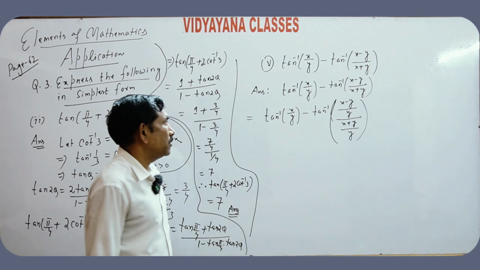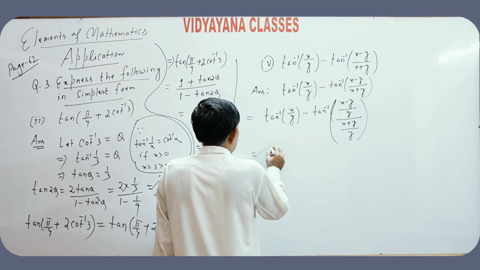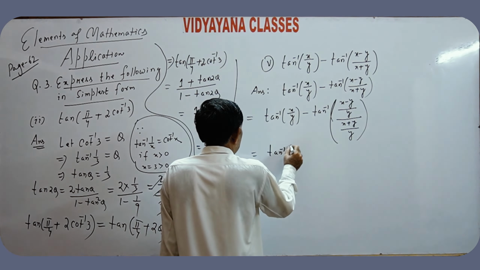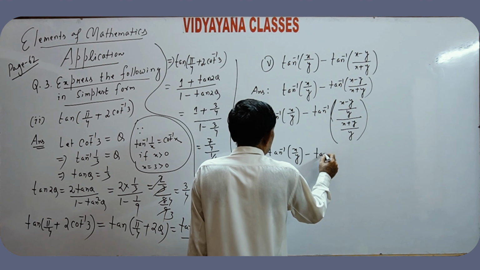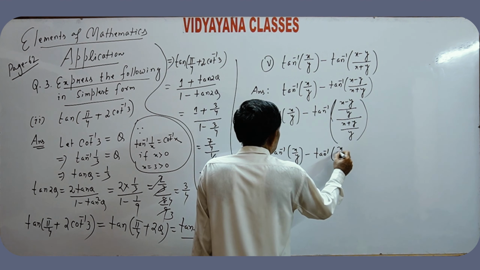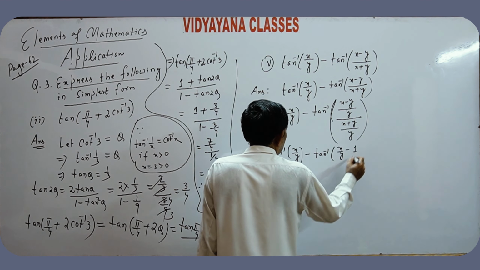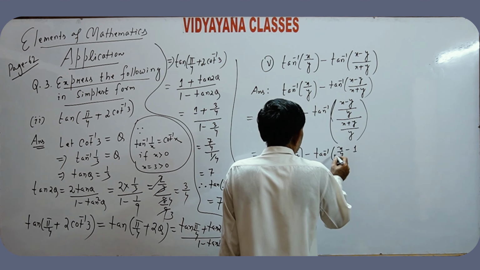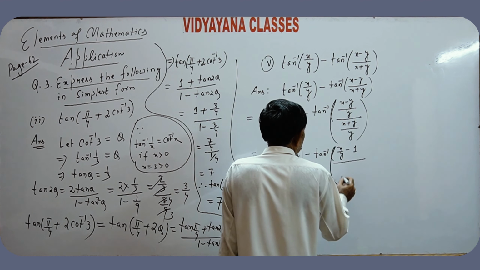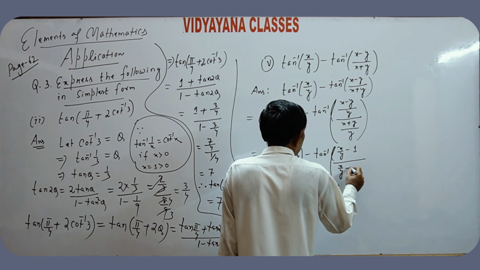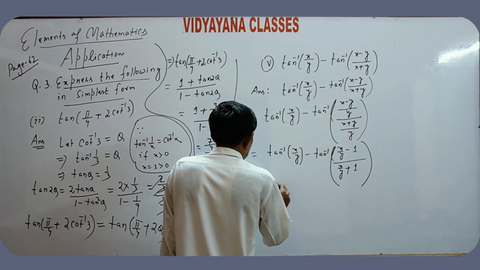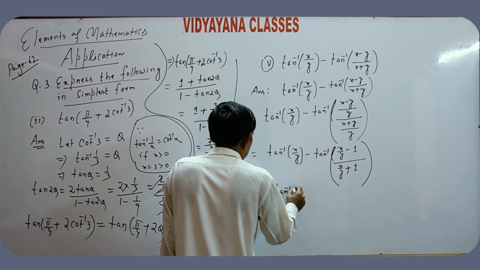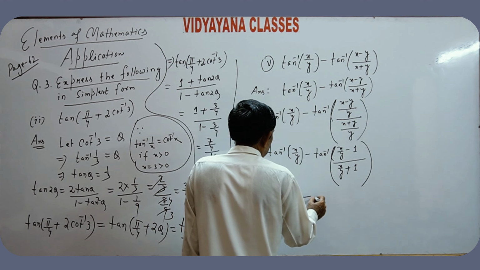Clear? Which is same as tan inverse x by y minus tan inverse x by y minus 1, whole divided by x by y plus 1,